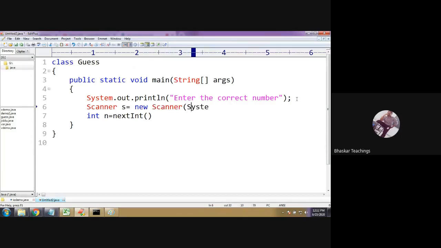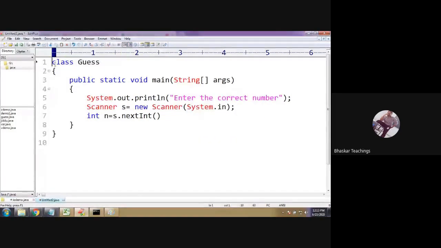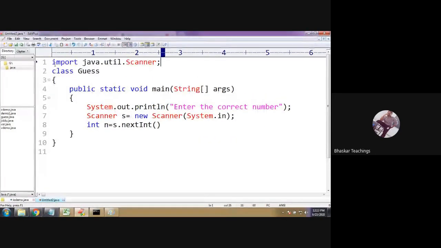Pass the constructor argument System.in. Now on that object, call nextInt. And of course, when you are using the Scanner class, you need to import it so that compilation will be successful.